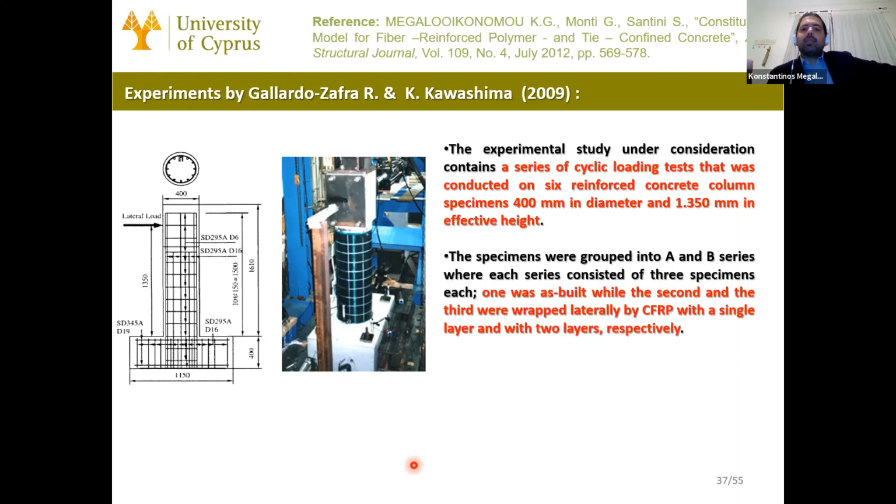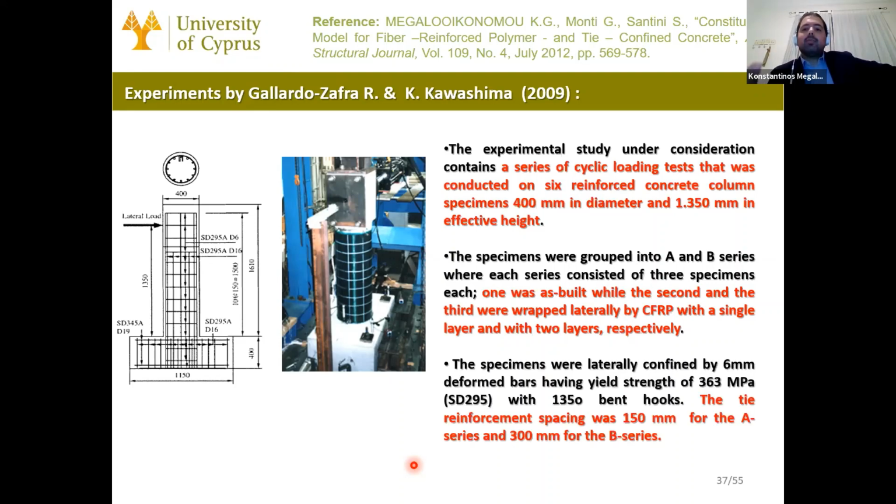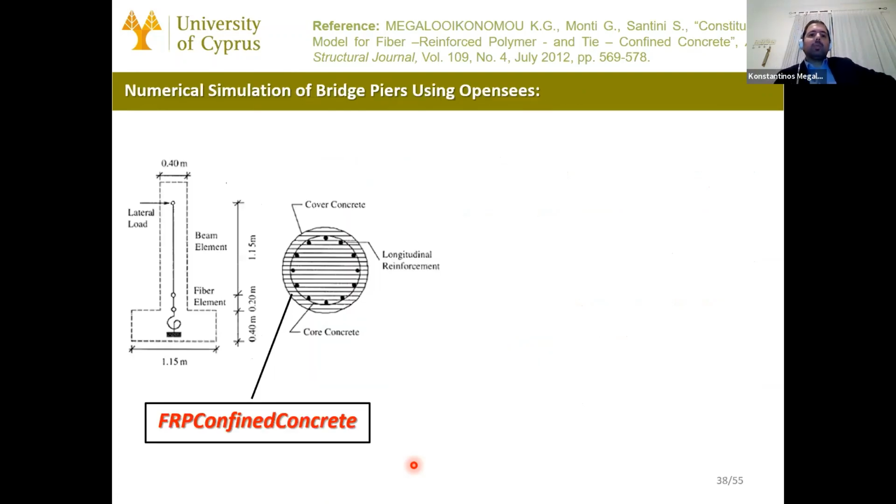There are two groups of specimens, A and B, where they have 3 specimens each. One is as built, the other 2 have a single or a double layer of carbon fiber reinforced polymer jacket. And the spacing is different in these 2 groups. One group has transversal reinforcement with spacing 150 millimeters, and the other has 300 millimeter spacing. The model in OpenSees, as I told you, you can download